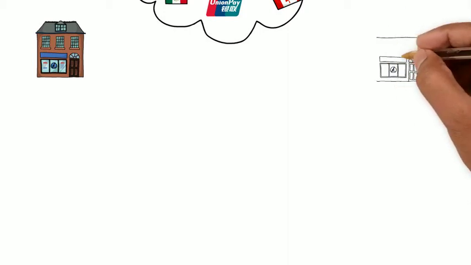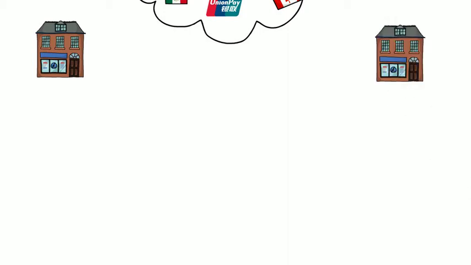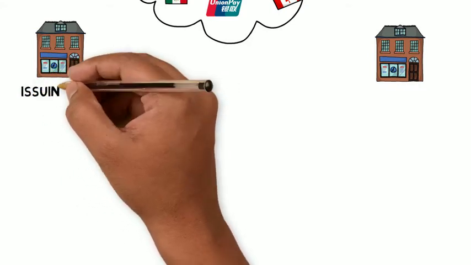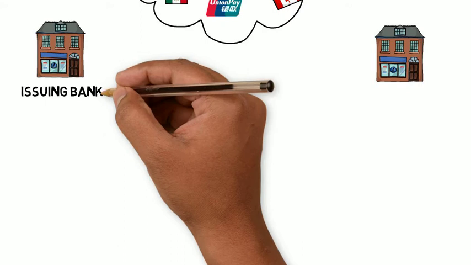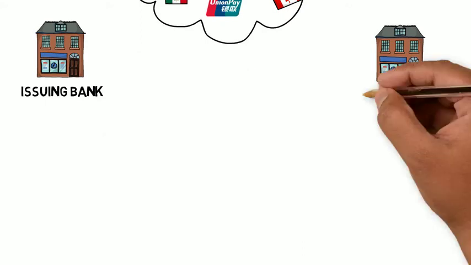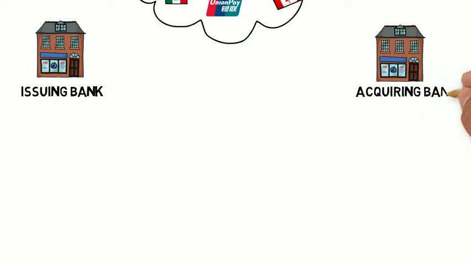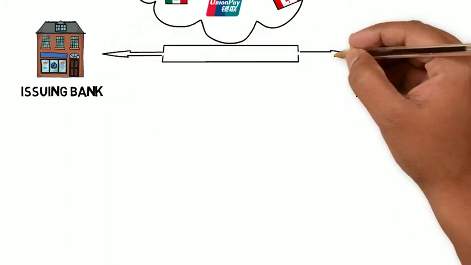Issuing bank, also known as a card issuer, is a bank, financial institution or credit union that is affiliated to the network brands and provides credit or debit cards directly to customers. Acquiring bank, also known as an acquirer, is a bank or financial institution that processes credit or debit card payments on behalf of a merchant. The acquirer allows merchants to accept credit card payments from the card issuing banks within a given network via POS